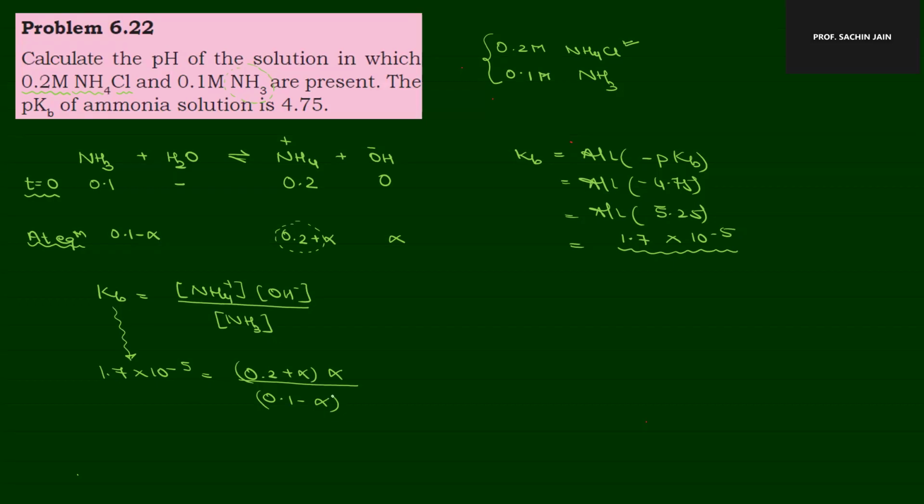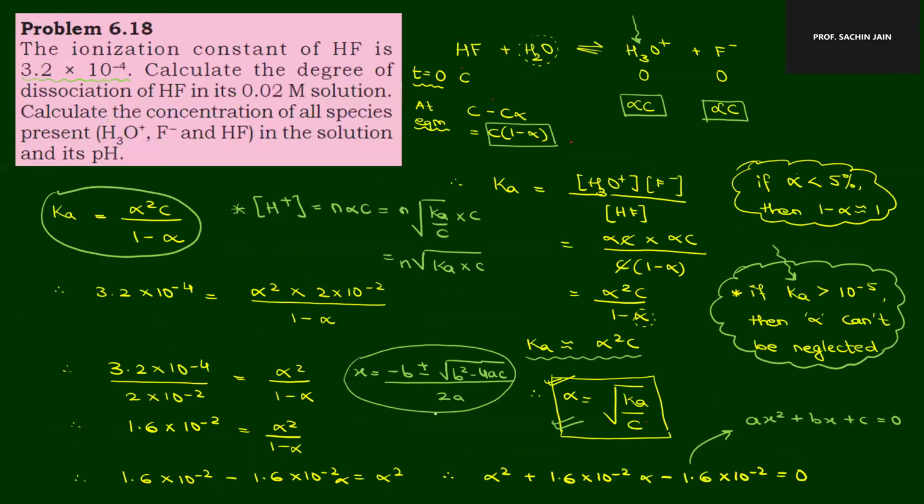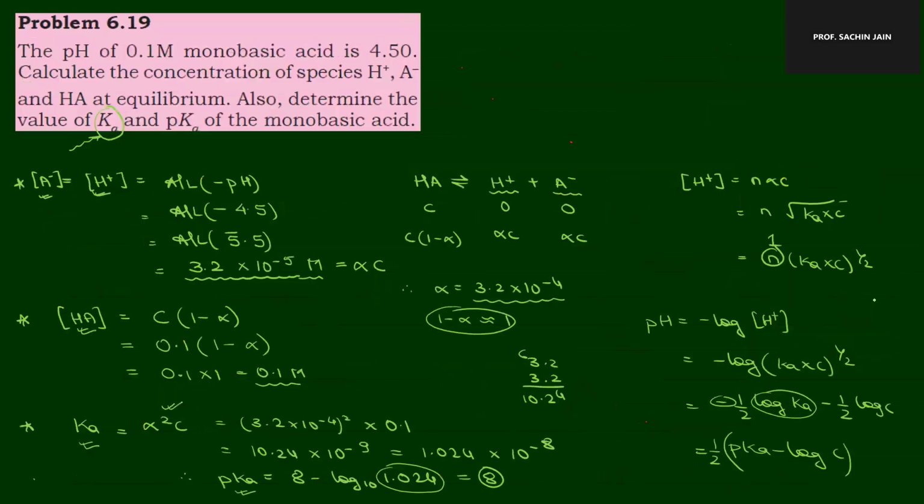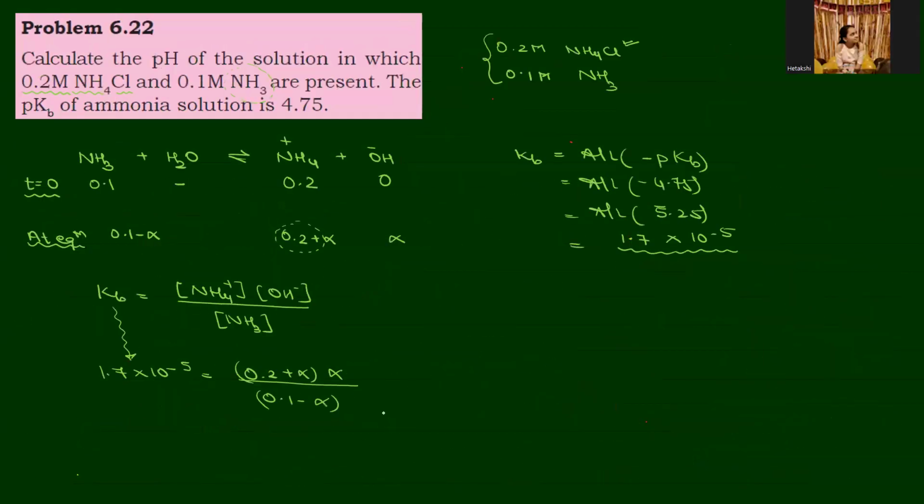What condition did I give? Less than or equal to 10 raised to minus 5, you can ignore. No, it was greater than 10 raised to minus 5, that's it. See, if alpha is greater than 10 to the power minus 5, that is, if it is 10 to the power minus 4 or minus 3, only then do you consider alpha; otherwise you have to just ignore it. Meaning in this case 0.1 minus alpha, which would be a very small value, can be